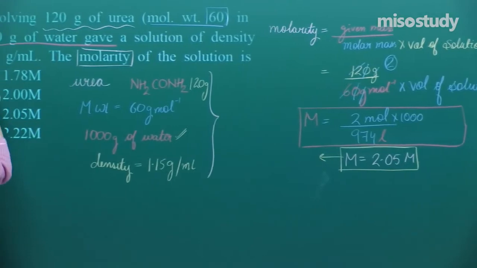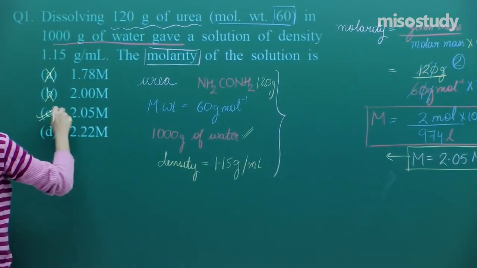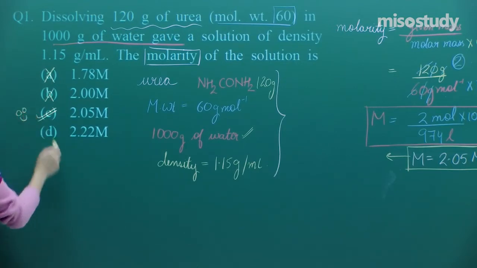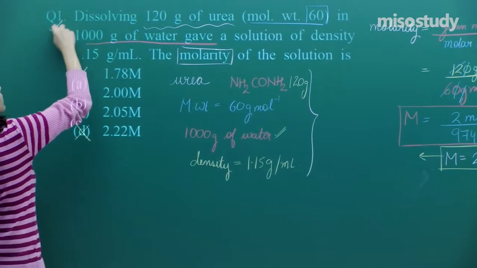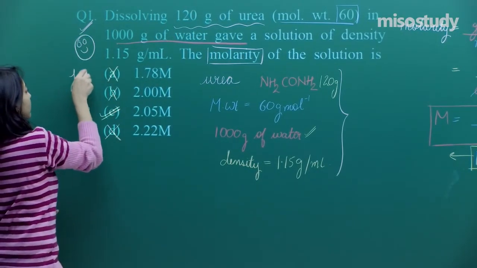1.78 should not be the answer. 2 should not be the answer. 2.05, yes, that's the answer. 2.22, not the answer, right? So guys, this was how we did the very first question of JEE Advanced,